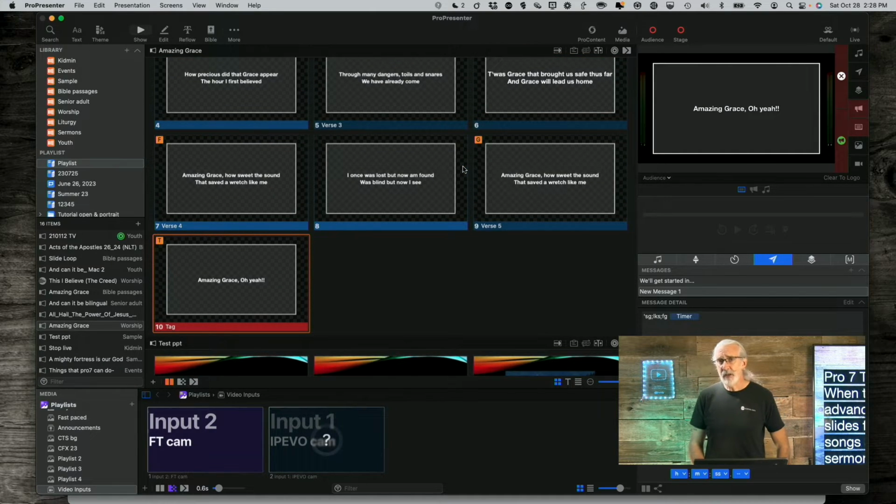Now, you might be saying, well, that's great for songs. And by the way, next to last syllable is a guideline. It's not hard and fast. Every single song should not be like that. If there's a musical interlude coming up, then you probably want to leave that last word until it's done being sung. If the song is particularly fast, next to last syllable might be too slow. You might need to do it a little bit faster.